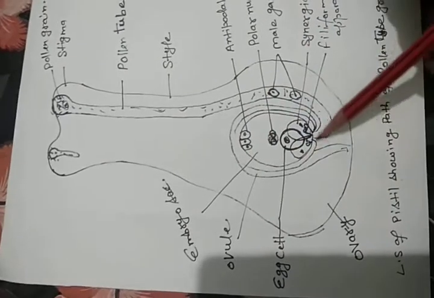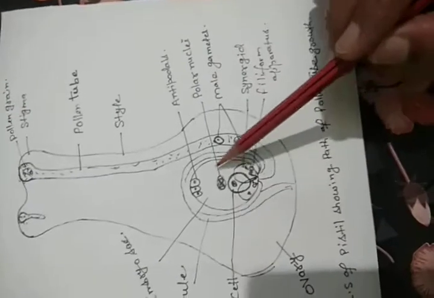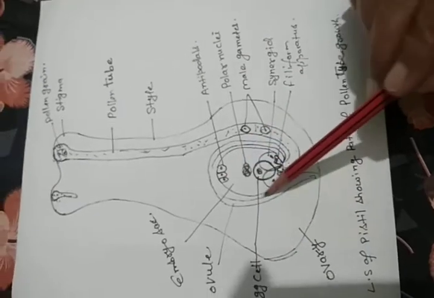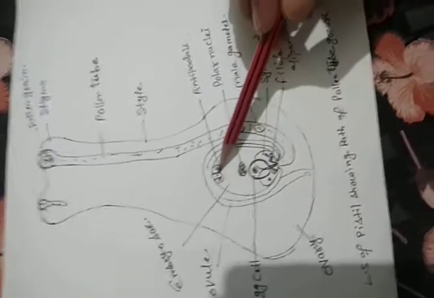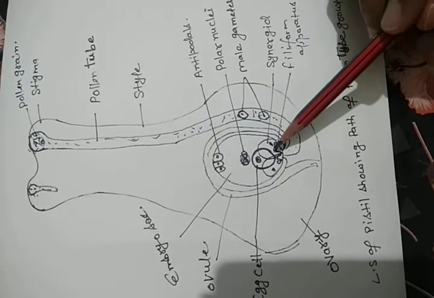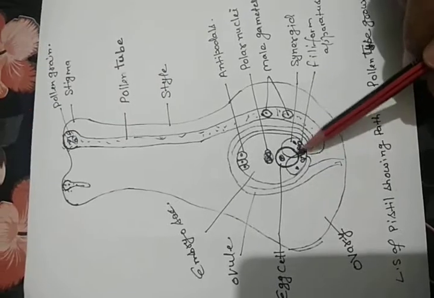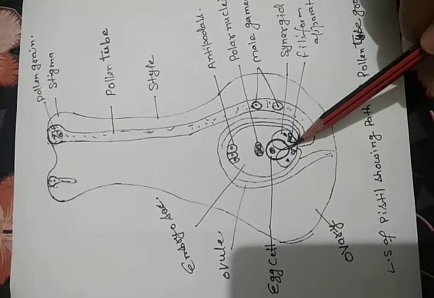the ovule. This one is the ovule surrounded by two integuments here, and inside the ovule this is the embryo sac or female gametophyte. This female gametophyte or embryo sac consists of 3 antipodal cells at the chalazal end. 3. This is the egg apparatus, consists of 2 synergids and 1 egg cell. So this is at the micropylar end.